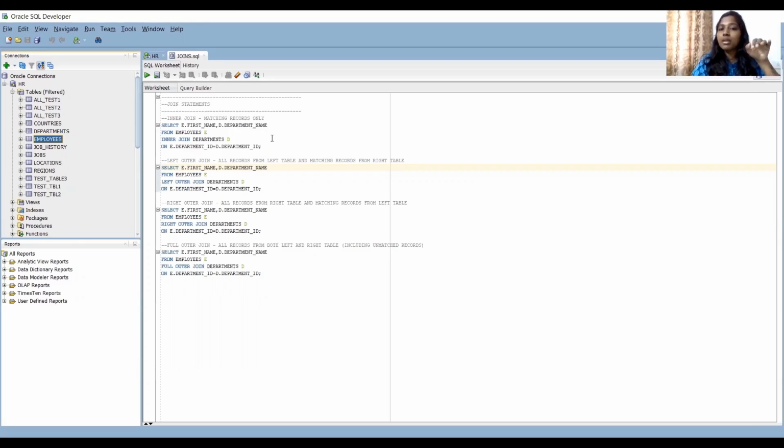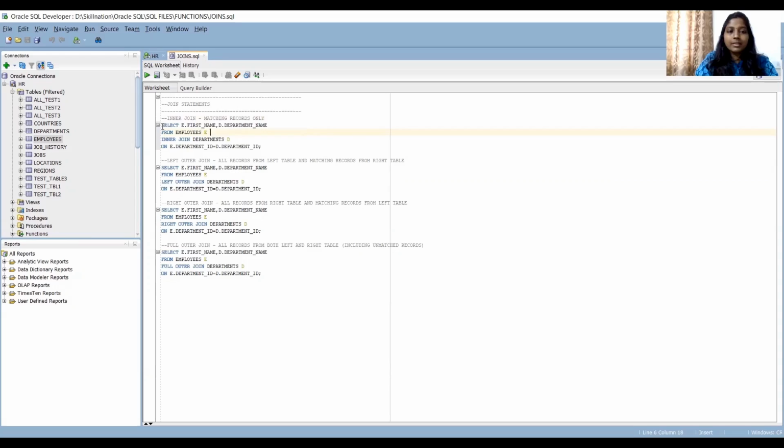Let's use them and understand what exactly happens and how many records we get. We are going to cross verify and understand what an inner join, a left outer join, a right outer join and a full outer join are. Only the basic concepts of joins here. So let's go to the inner join first. It gives only the matching records. Remember, inner joins give only the matching records.